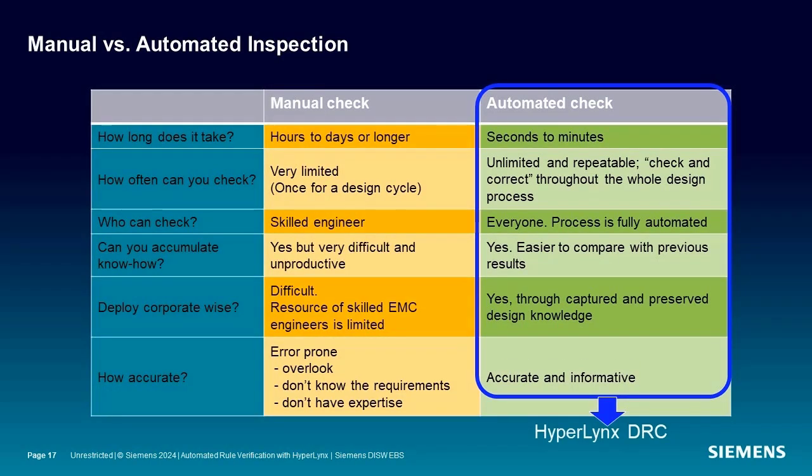And the last thing is that Hyperlink's DRC does not make mistakes because it's based around automation. Sure, parameters for checks can be entered wrong by the user, but the point I'm trying to make is that the rules scan the board. They will not get tired. They will not need to take a coffee break. And they will not get interrupted by meetings or other work, as we all do.